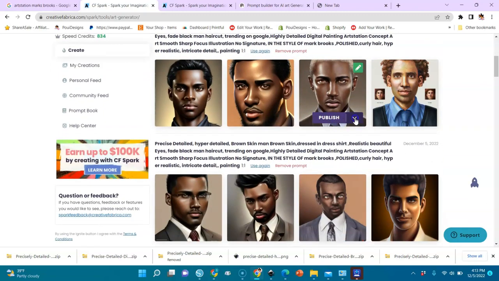You can publish it and hide the prompt immediately so that people don't copy your prompt, especially if you sat down and created a prompt, let's say for 30 minutes. You don't want others to copy it and take advantage of it. So you can publish it and show everybody your prompt, or you can publish and hide your prompt. Okay.